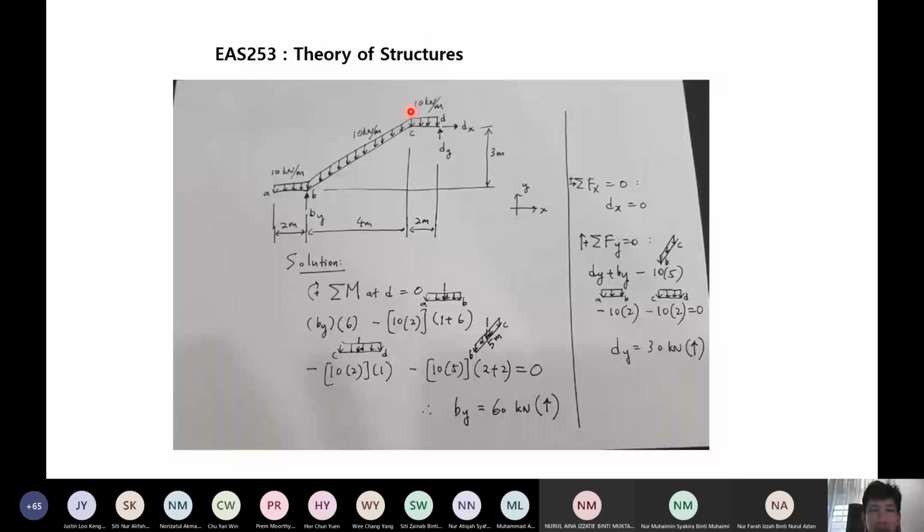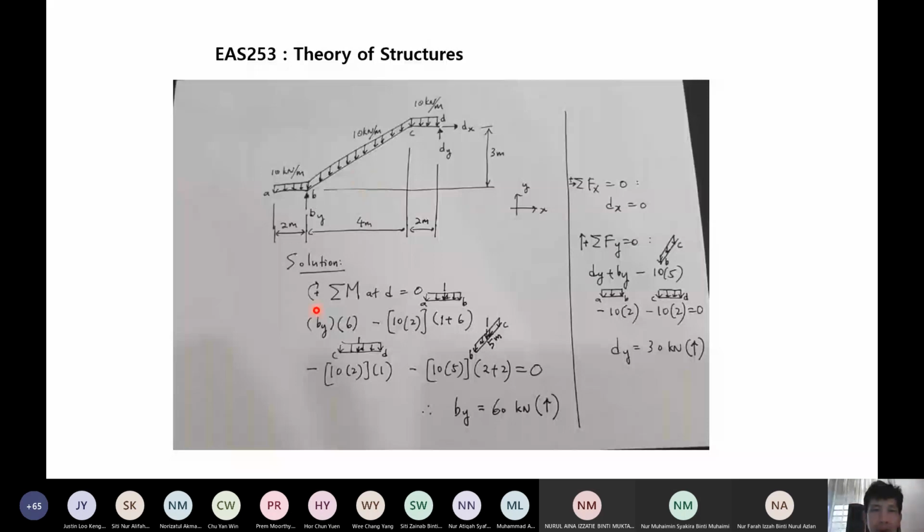This is 4 meter, and this 3 meter is not given, but from the inclination information given to us, 4 to 3, if the horizontal distance is 4, the corresponding vertical distance is 3. So from this 4, 3, we can find this length is 5 meter. So if we want to find